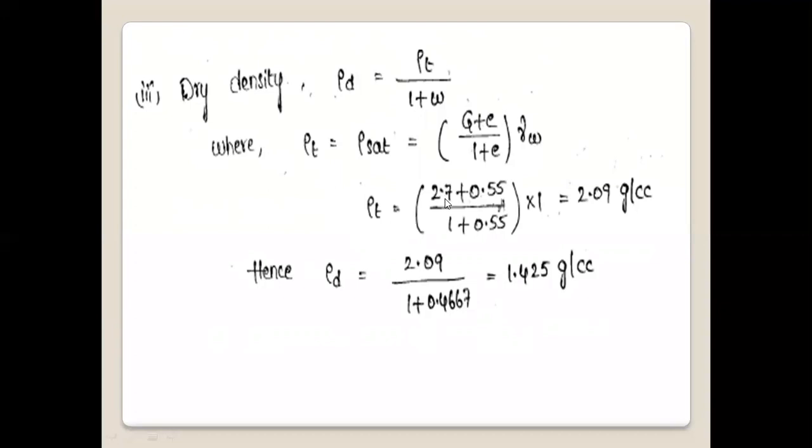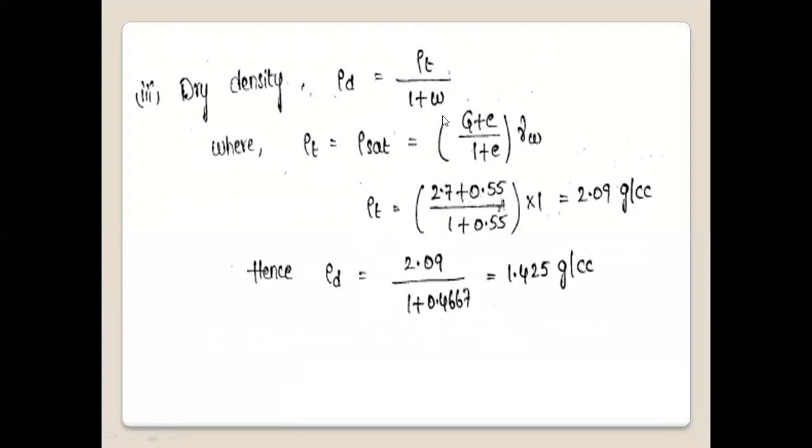The specific gravity is already given in the problem, 2.7, plus e equal to, we found in the second point, 0.55, divided by 1 plus 0.55, and the unit weight of the water is 1. Then ρ equal to 2.09 gram per cubic centimeter. Hence, substitute the ρ value in the equation. ρd equal to 2.09 divided by 1 plus W, 1 plus